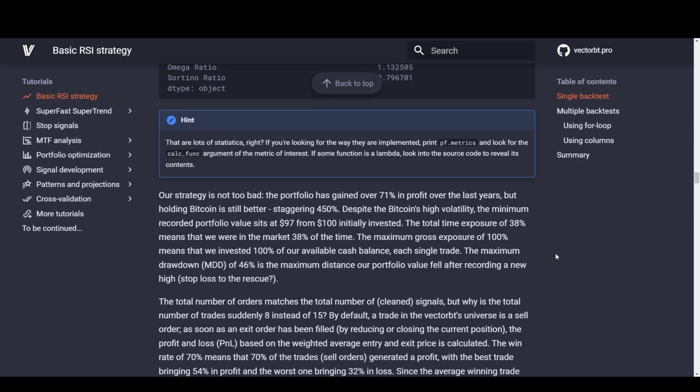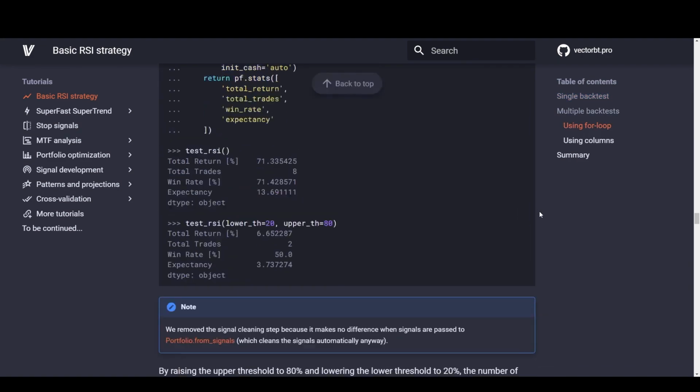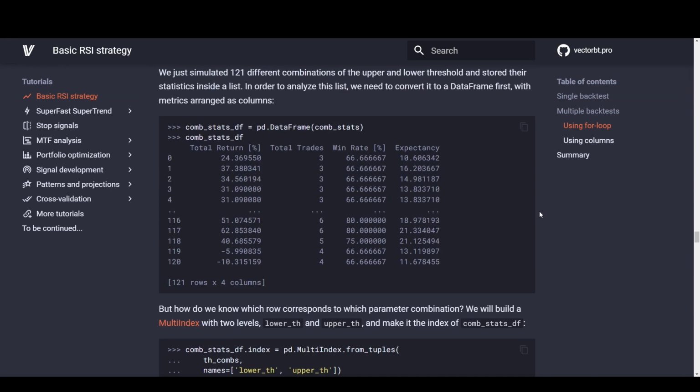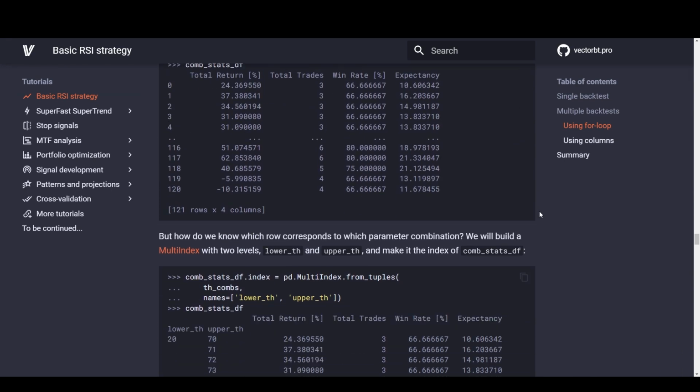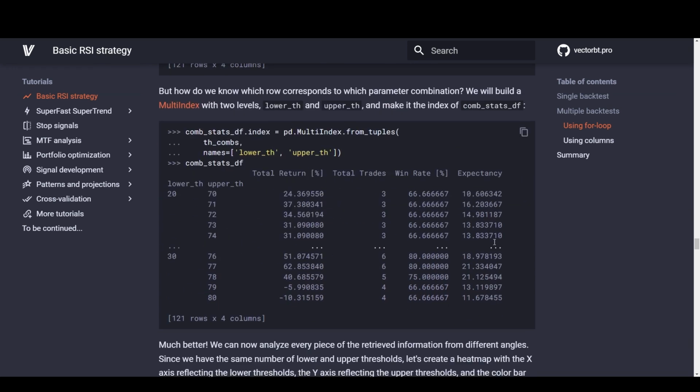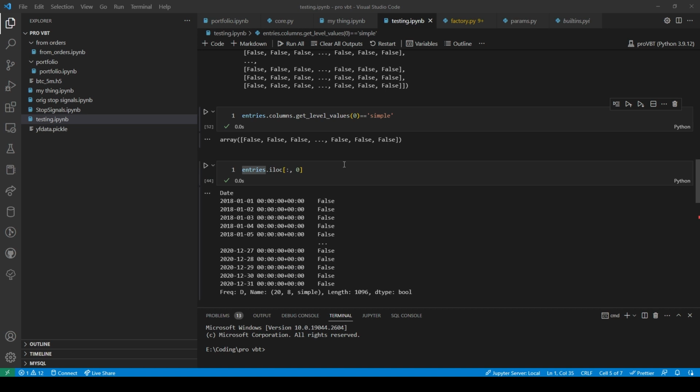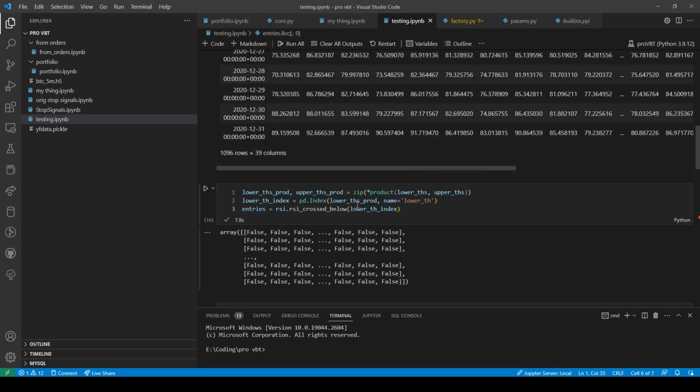So, trying to think of the process here. Anyways. Okay, so here it's looking like you run the combinations, then you get your entries, which is RSI cross below, whatever, whatever.